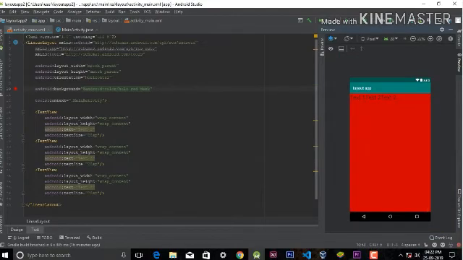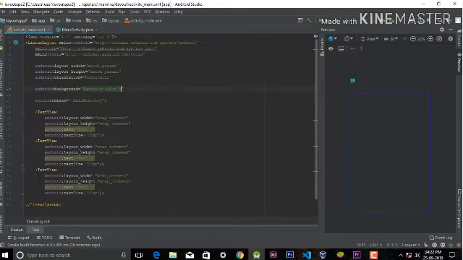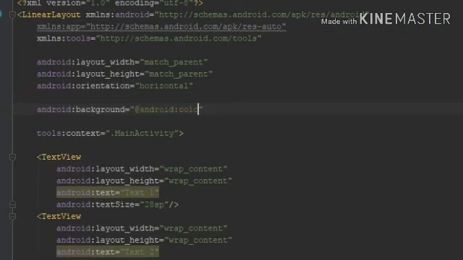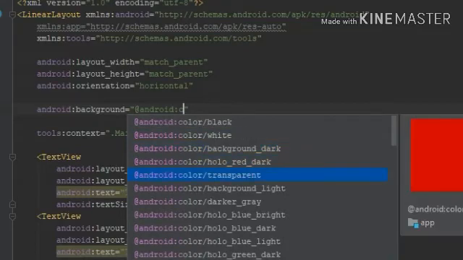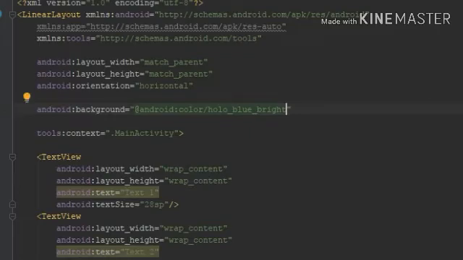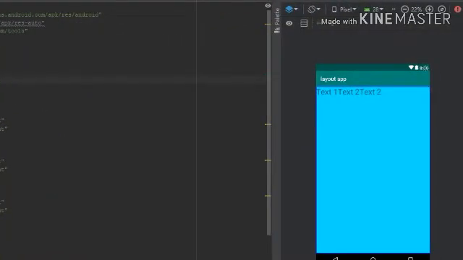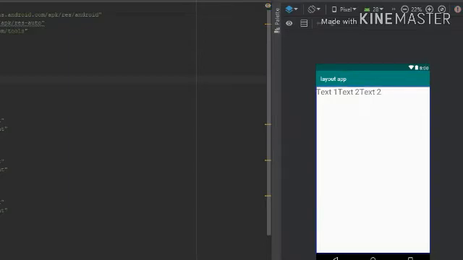Now change it to another color. You can see the color has also changed for the whole layout, and you can also type a hex color by typing a hash before it. See,